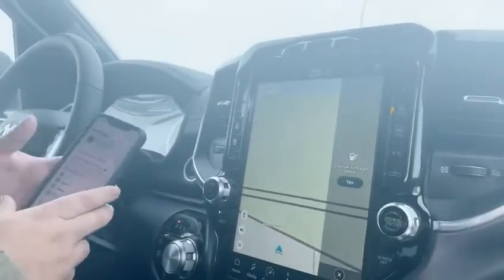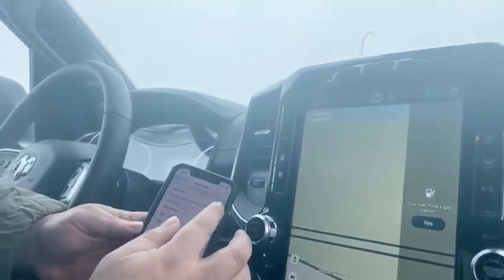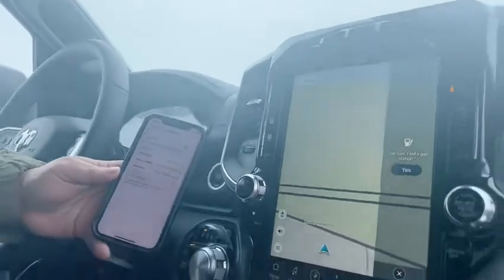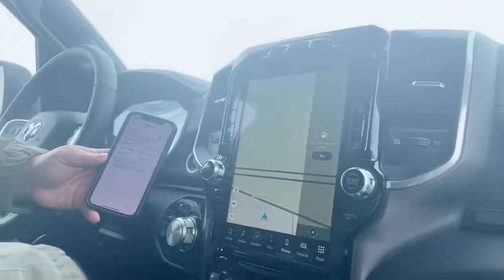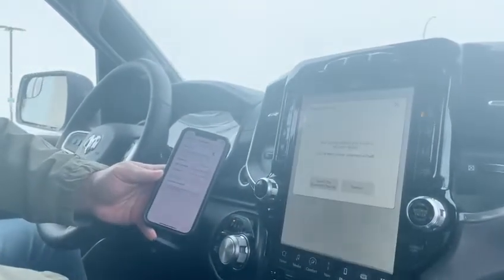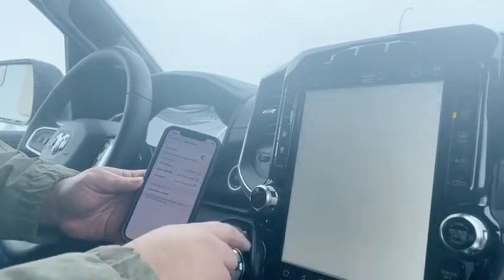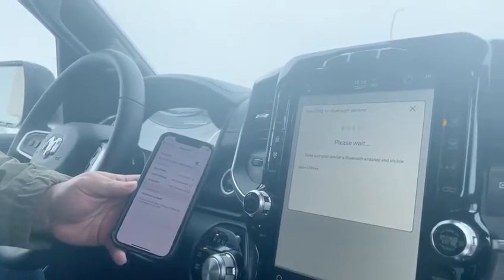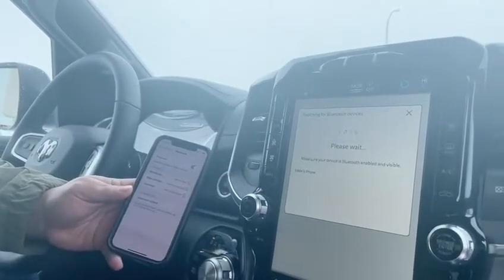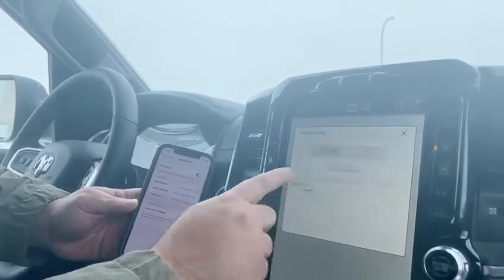You basically just go into your settings, go to your Bluetooth, make sure that it's on, and then we're going to go phone on the UConnect screen. And we're using the nice 12-inch display on this one, so it's going to be quite easy. So you're going to search for Bluetooth devices. And there it is, Eddie's iPhone. And then on my phone, you're going to see UConnect and then a bunch of numbers. So you just click that,